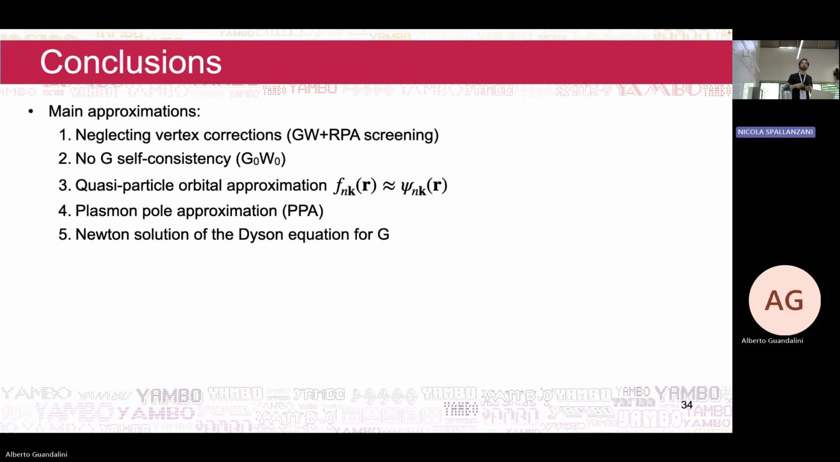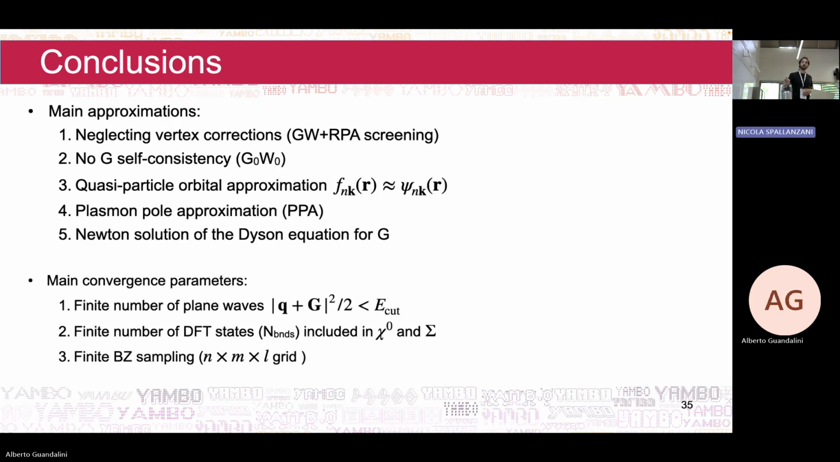We use the same orbitals as density functional theory, thus we are interested only in the quasi-particle changes in the energies. We have applied the plasmon-pole approximation in order to do the frequency integral of the self-energy in an efficient way, and then we solve the quasi-particle equation with the Newton method, so Taylor expanding the self-energy around the DFT eigenvalue. And the main convergence parameter, as we have seen, is this E cut, that is a